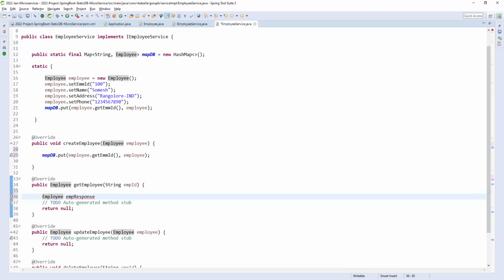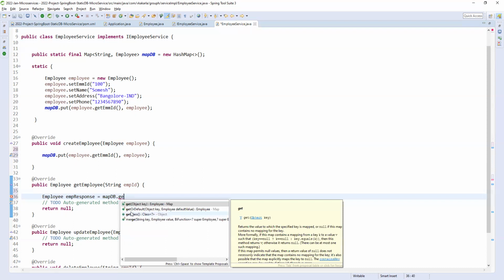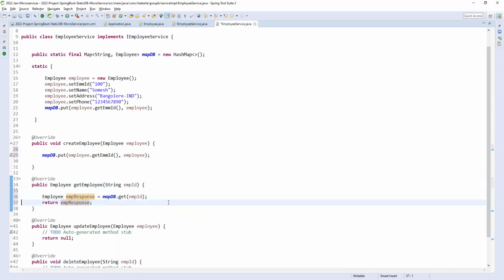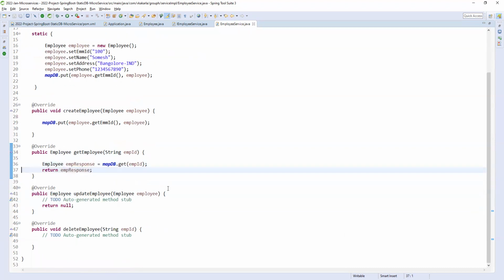Of course, it is a get, right? Response equals map.get object key. You can pass this ID, and you will get the value, which is nothing but the employee, right? That is the reason we are assigning it here. You can return the employee as expected. So this is the get employee.